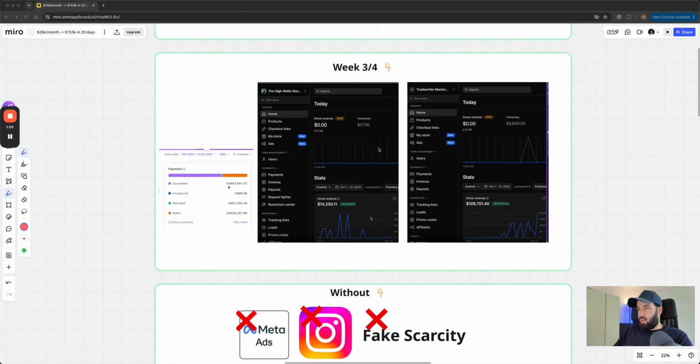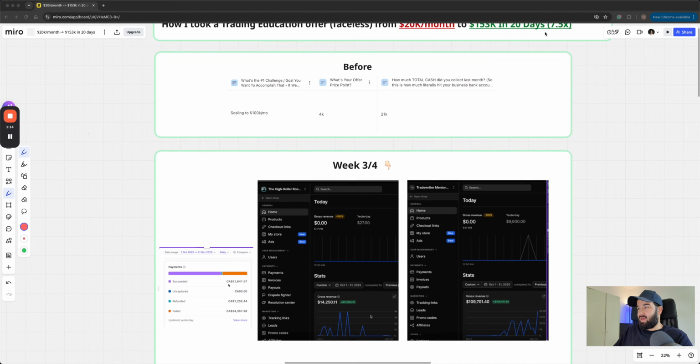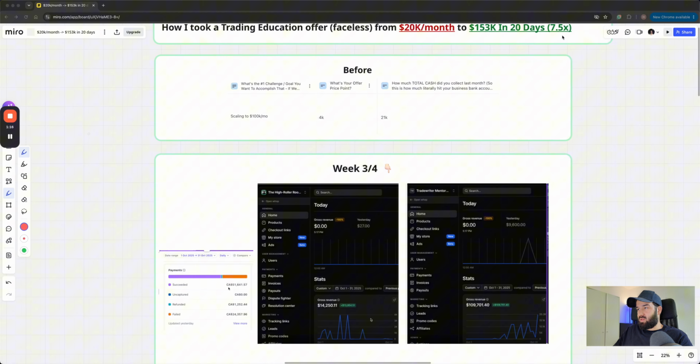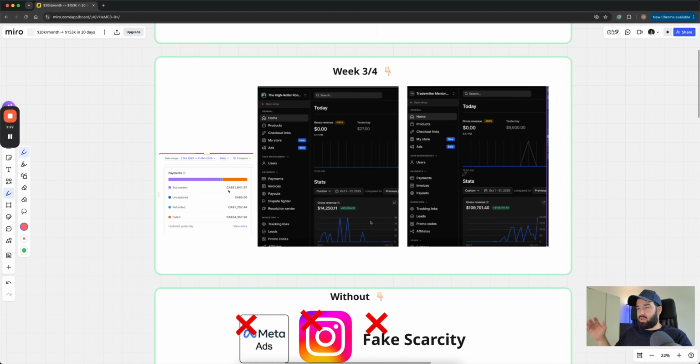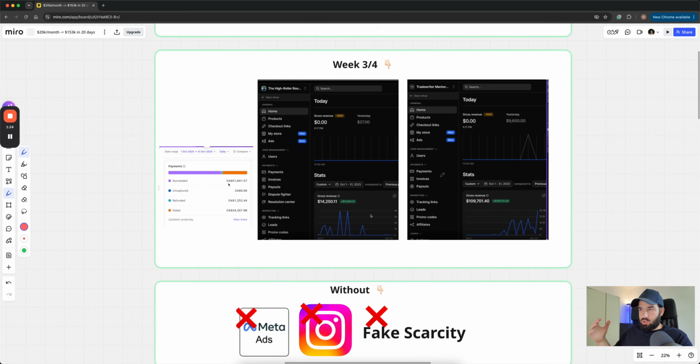And in less than a month, literally at the end of the same month that we got started working with each other, combined 153K, which is 7.5x what he was making before, by just making these little tweaks, changing up the offer, restructuring it based on what the actual audience wants, as well as optimization on the back end.